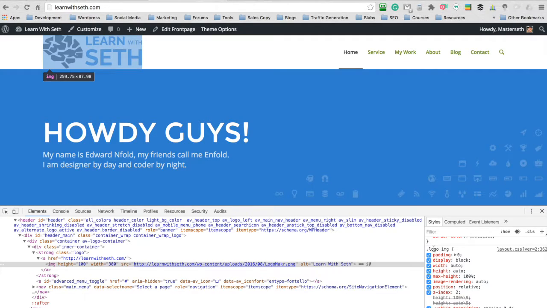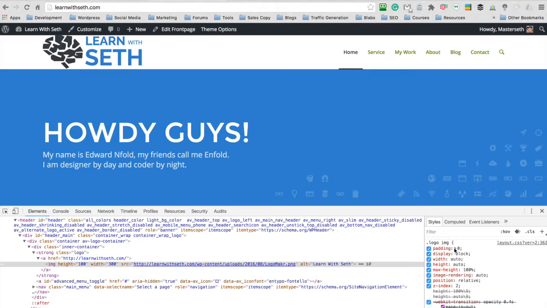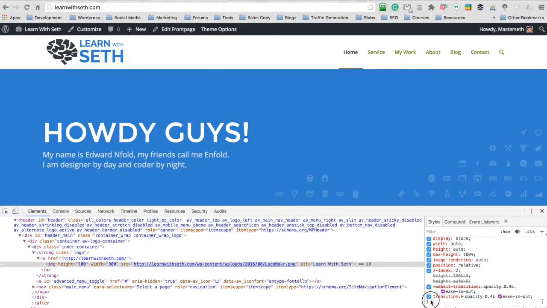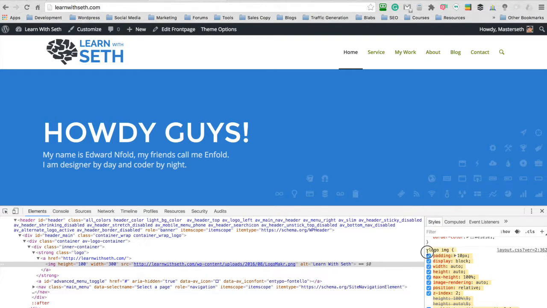But as you can see where it says logo image right here, and there is a rule right here that says padding, I'm just going to increase this 10 pixels. And as you can see, it actually changed it right before our eyes. So I'm going to scroll down here and grab this bracket, grab that